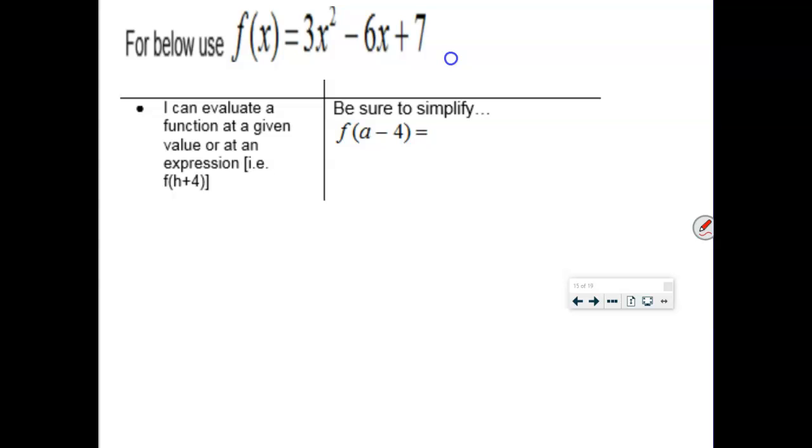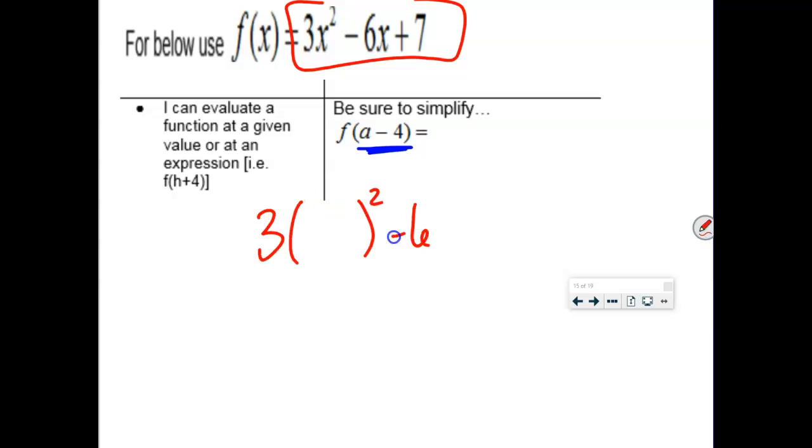Oh, this one. Man, I'm worried about this one. Okay. So here's your function. They want you to evaluate it at not a number this time, but some algebra. So you're going to write the skeleton out. That's the first step. And then everywhere you see an x, you're going to replace it with a minus 4. And I think y'all know what I'm worried about. You've got to not